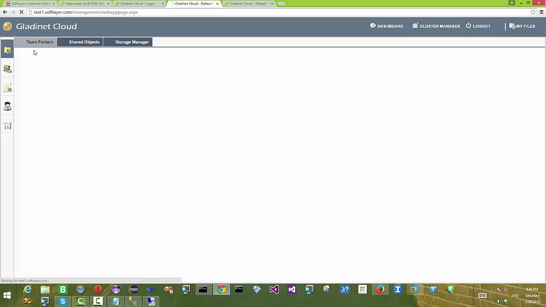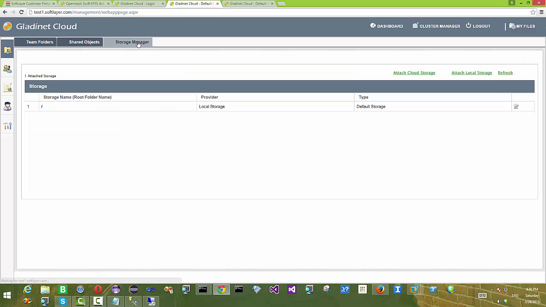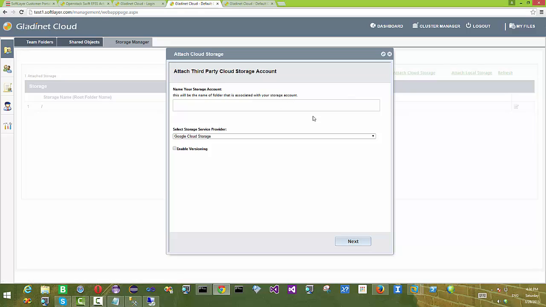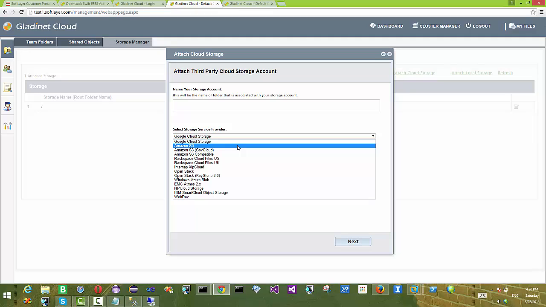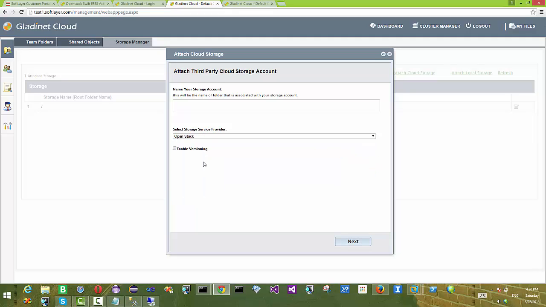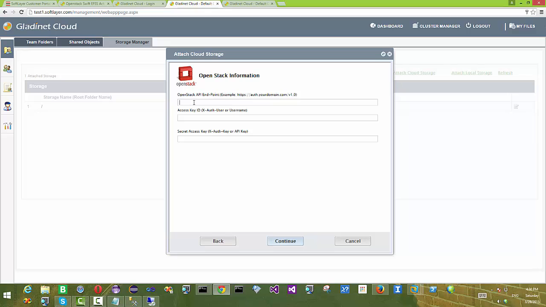So basically, the enterprise server is like the middle tier, the brokerage that bridges the gap between the back end object storage and the front end access client, such as the browser client, the PC and Mac client, the iOS and Android client. So now we are going to be mounting a